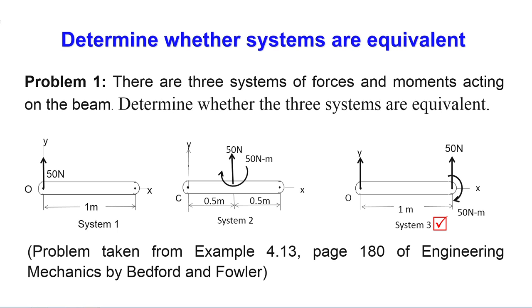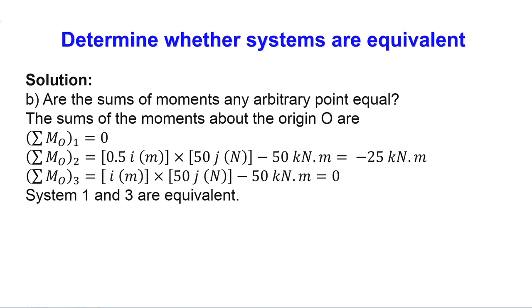So, this 50 Newton force into 1 meter generates 50 Newton meter in the positive direction, and the 50 Newton meter already there is in the negative direction as it is clockwise. So, they cancel. So, in the calculation we will see the moments for the first and third will be 0, and the middle, second one, will be